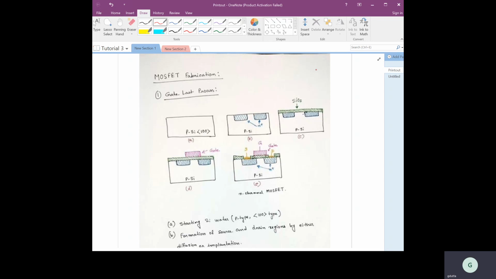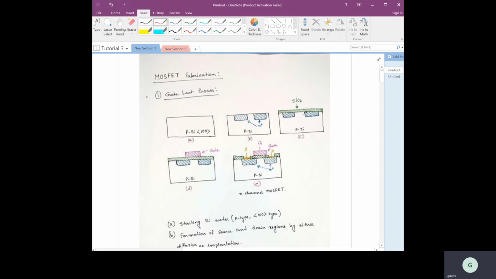If you can fabricate any CMOS inverter, then I hope you should be able to fabricate any other complicated gate, right? Maybe the process steps will be a bit more complicated. Now, in today's class, let us try to dig into more detail regarding this MOSFET fabrication, the different aspects that we have not discussed so far during our last class.